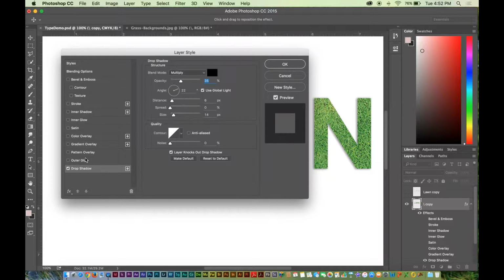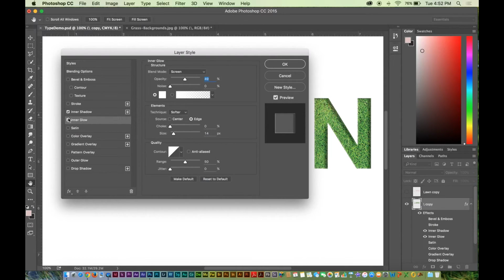And then finally the famous drop shadow that everyone knows and loves. Increasing the size, the opacity, the spread of it. You can do all that from this palette. So I encourage you to find what works for your image and just